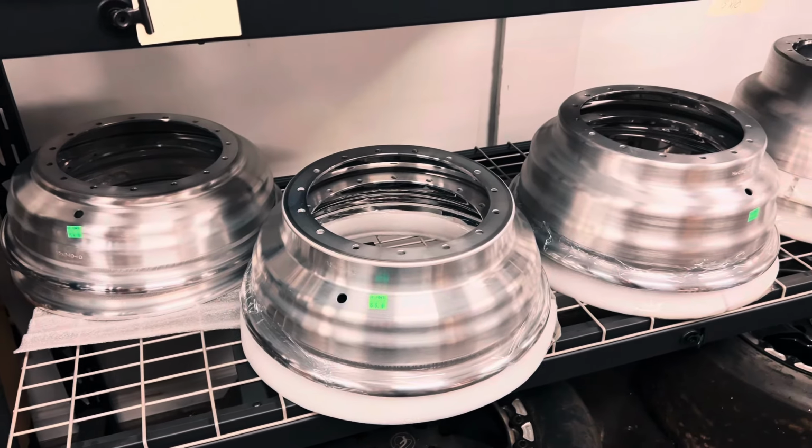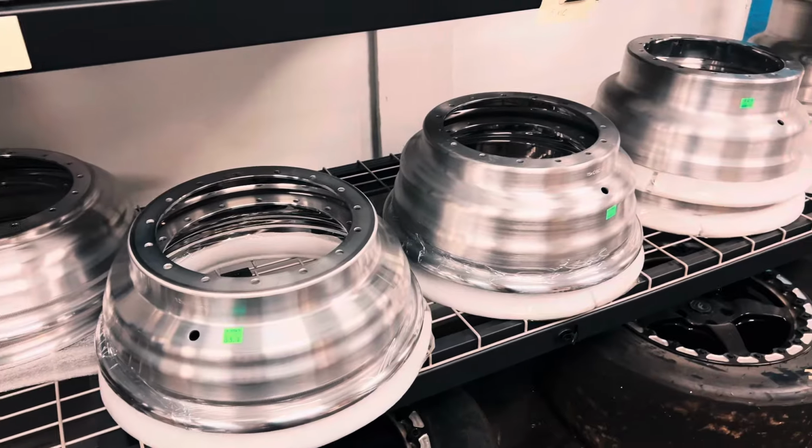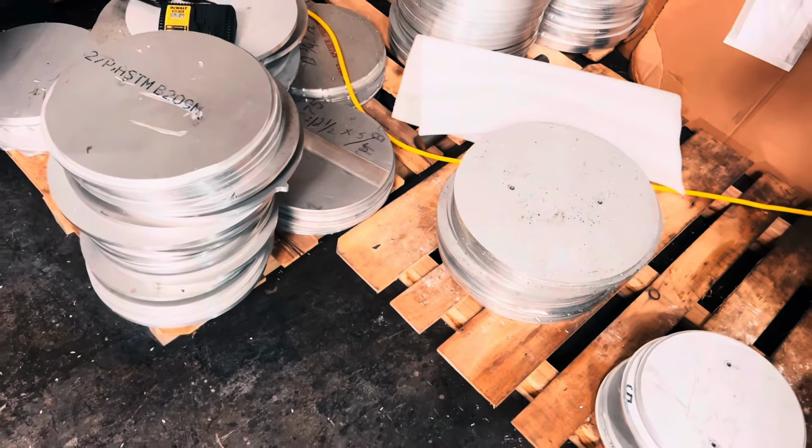Everybody knows today at least that wheels are just super expensive, especially if you buy them beadlocked from the manufacturer, whether it be Weld, Billet Specialty, Sanders, RC Components, any of those guys. The wheels are just really expensive. So something we do offer here is we can build you a set of wheels. We stock shells, centers, and most of the time our price is a good bit better than buying beadlock wheels